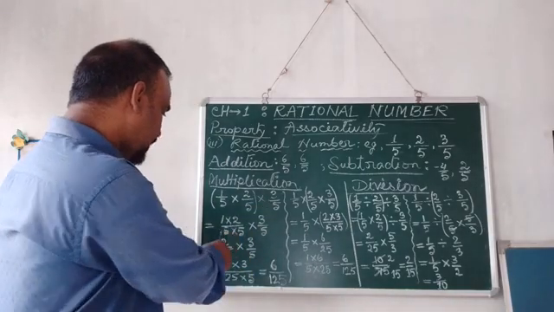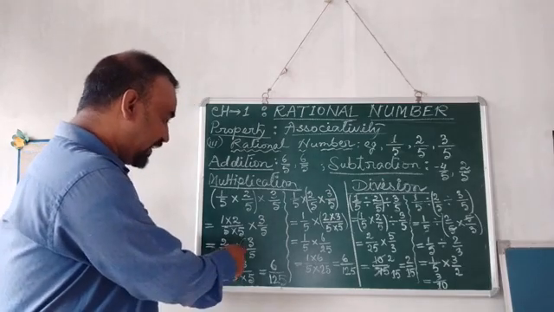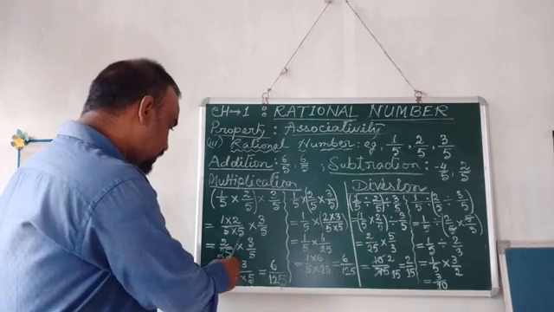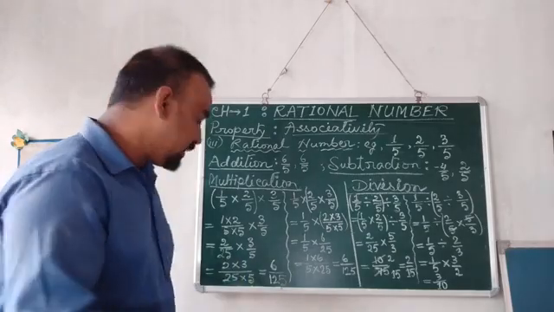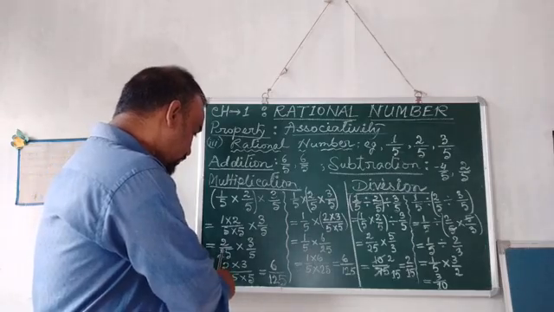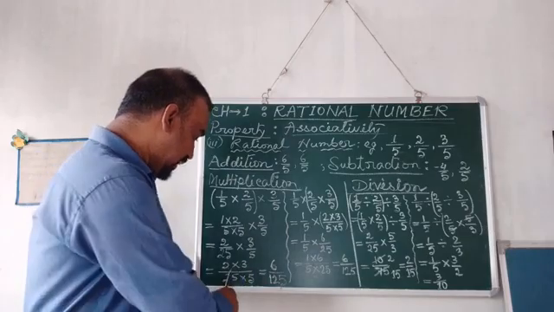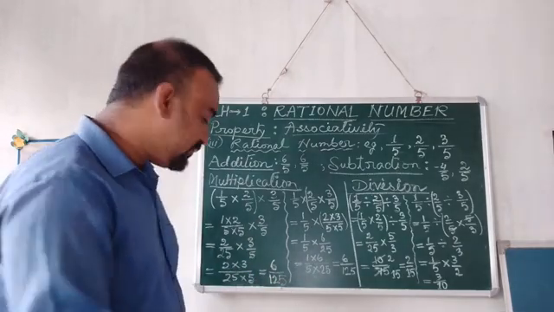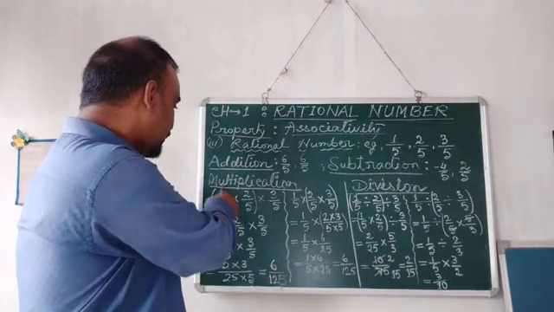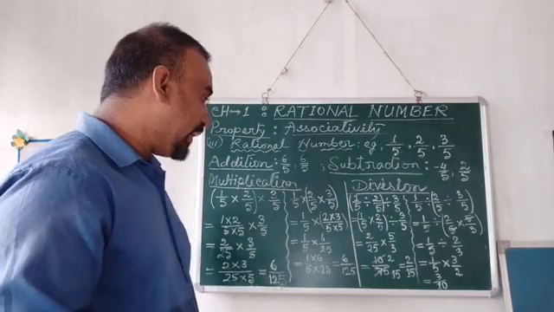So when you multiply, 1 times 2 is 2 and 5 times 5 becomes 25. So 2 by 25 into 3 by 5. Again, when you multiply 2 and 3 that are on the top, and 25 and 5 that are in the denominator's place, 2 into 3 will be equal to 6, and 25 into 5 will be equal to 125. So for this first one, where we put the bracket for 1 by 5 and 2 by 5, the result came as 6 by 125.